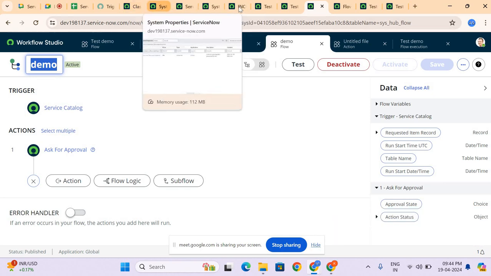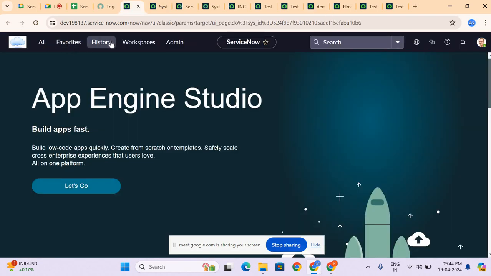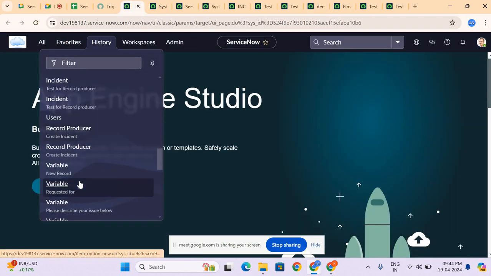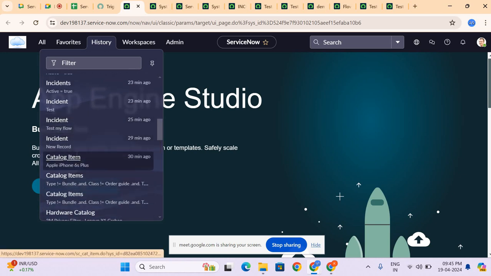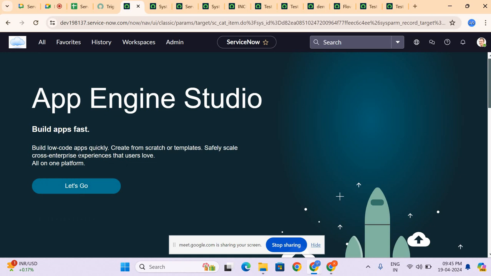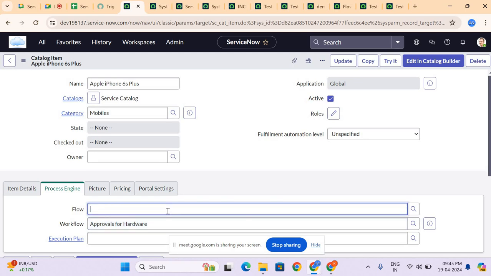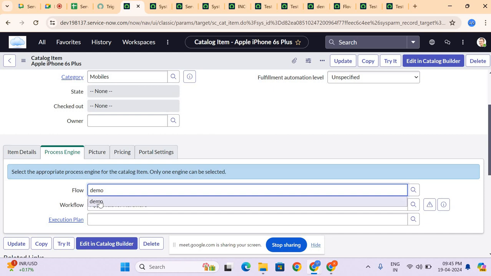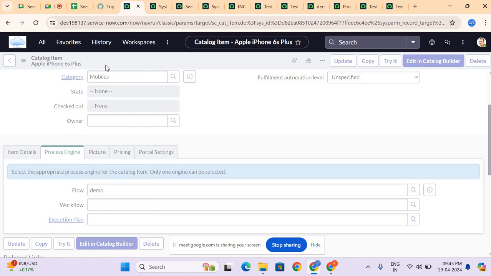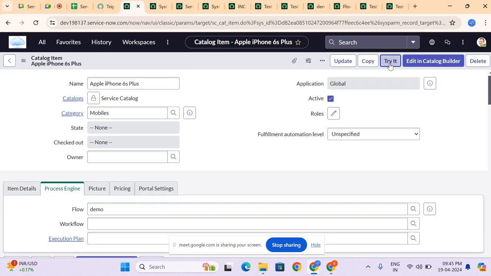So you can add it to your catalog item. So let's say we are having a catalog item, Apple iPhone. So in the process engine, you can add your flow. So if you see here, flow. In this flow, you can add this and save. So once you click on try it,